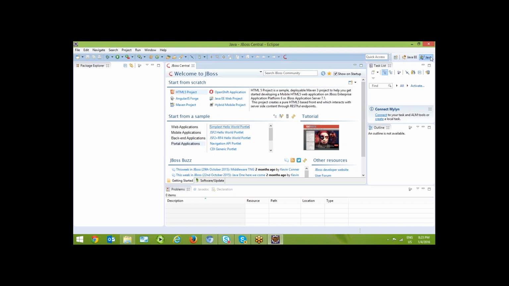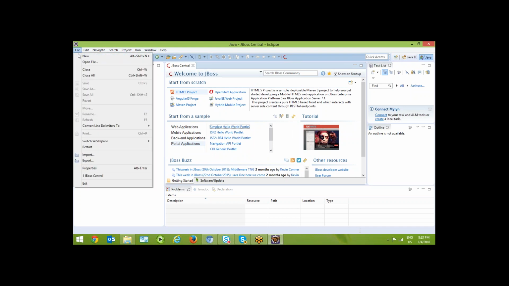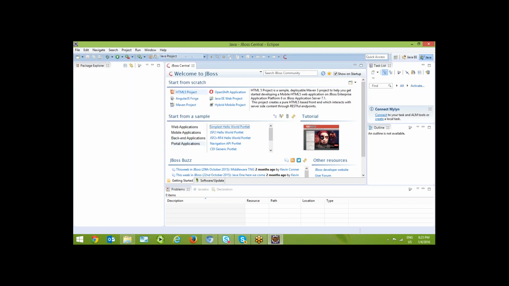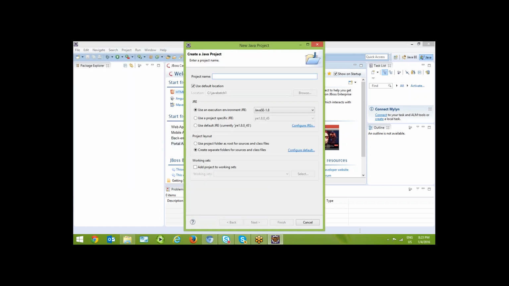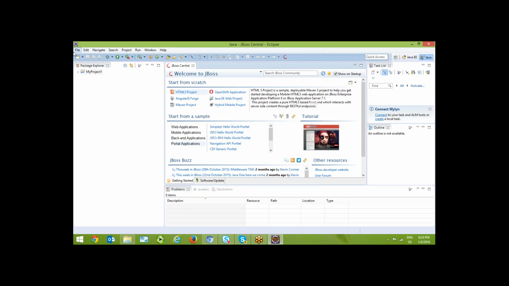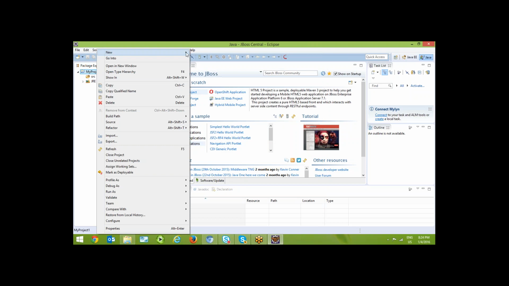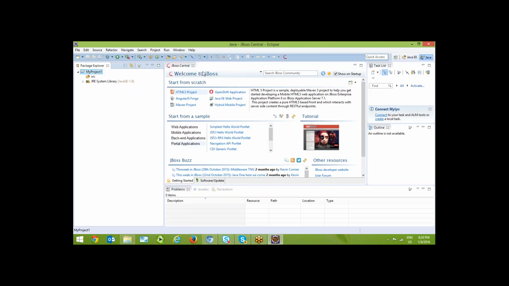Initially, we are working with the Java perspective, in which we create a new project again. The project is created, SRC is a folder. Right click on the project and let us create a new class.